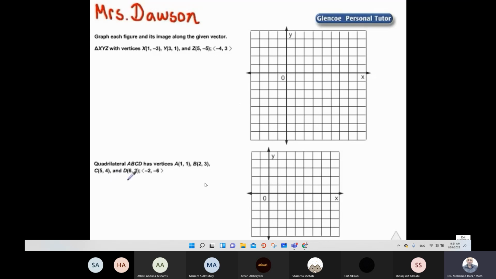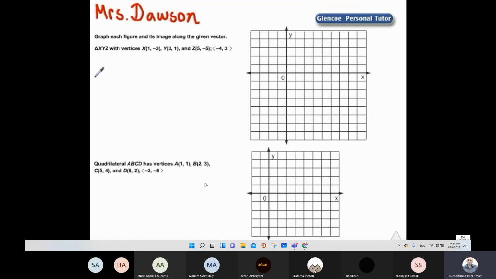Quadrilateral ABCD has vertices A(1, 1), B(2, 3), C(5, 4), and D(6, 2), with vector (-2, -6). Let's begin with the original triangle